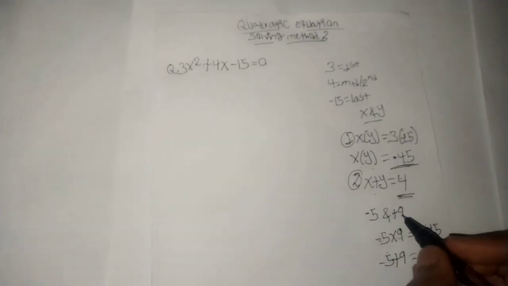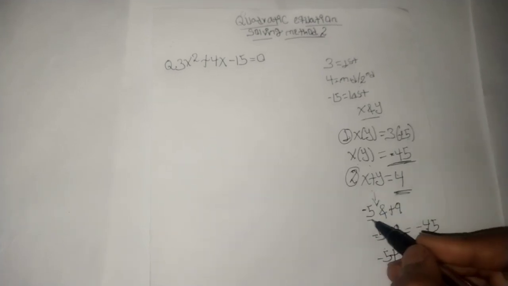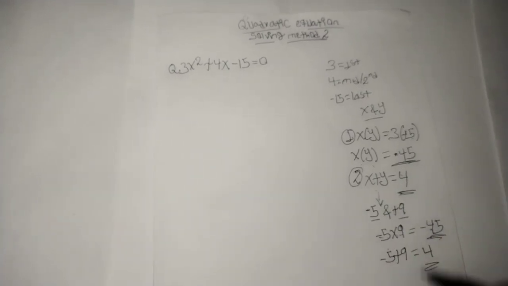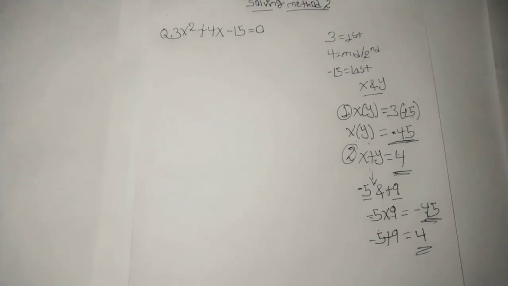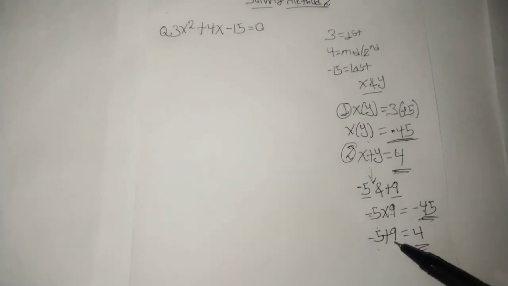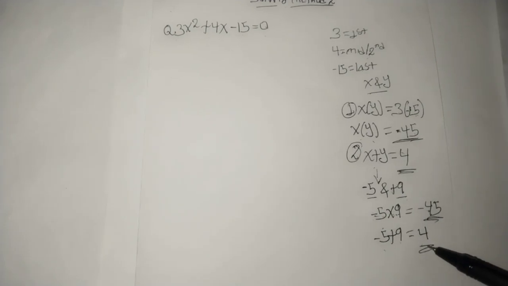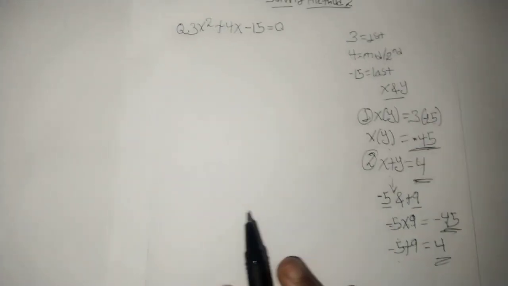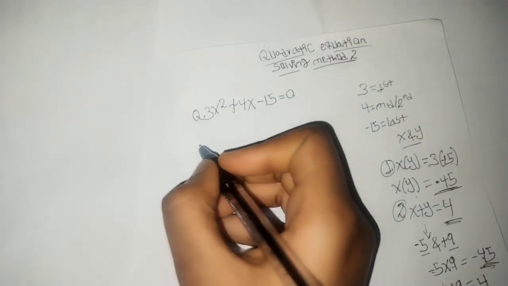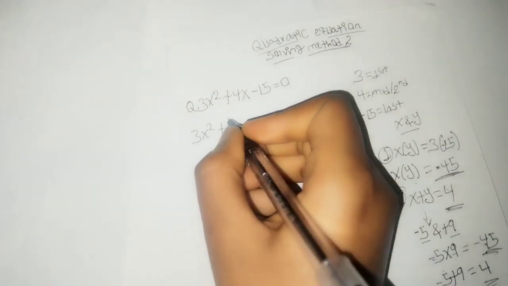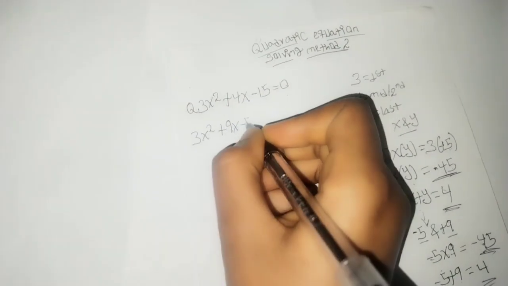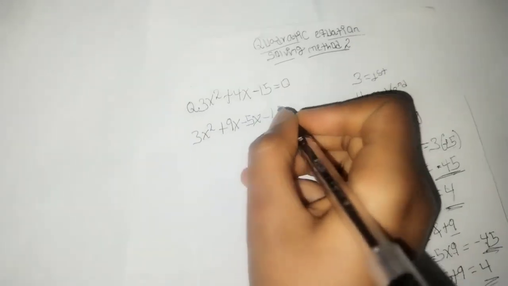So after doing this, we have checked that x and y are negative 5 and positive 9. The next step is that we can easily substitute 4x by negative 5x and positive 9x because they're equal. So right here, we come back and say 3x squared plus 9x minus 5x minus 15